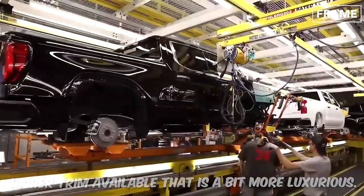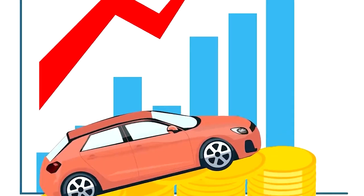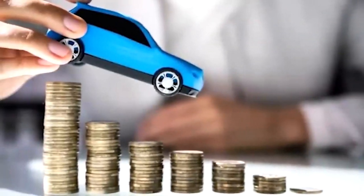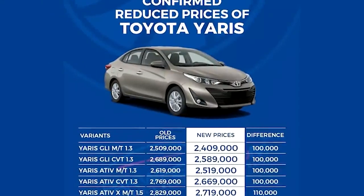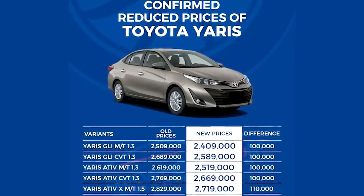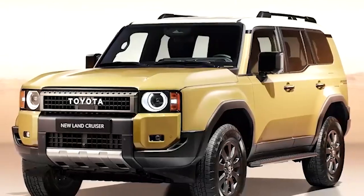But how will they be able to do it? If we've learned anything from current market trends, it is that car prices are going up, and they eventually will have to fall down again. And this has already started. Not just on the old models, but big companies like Toyota have actually made their newer model flagship products cheaper. Just look at the Land Cruiser. It went down by almost